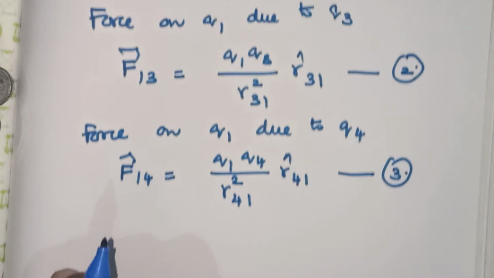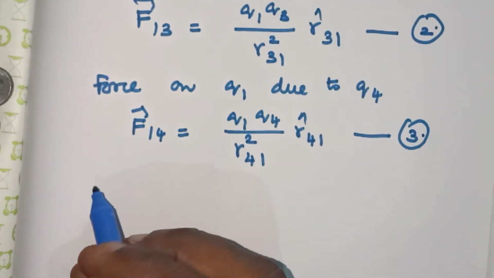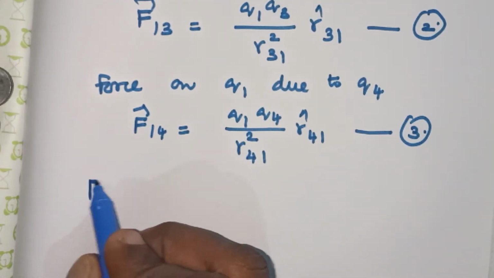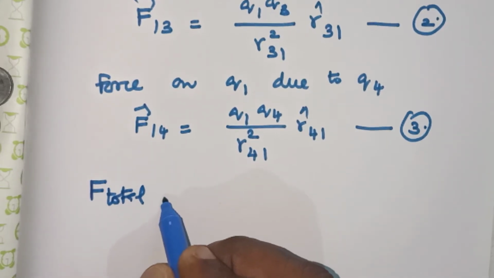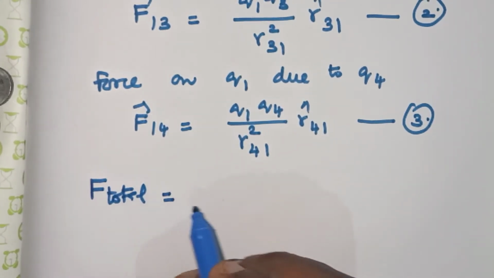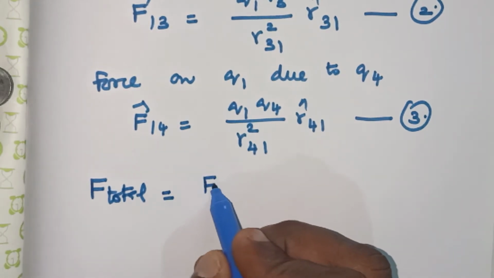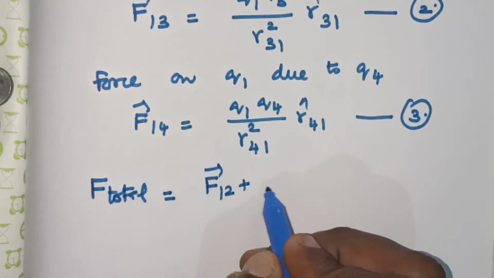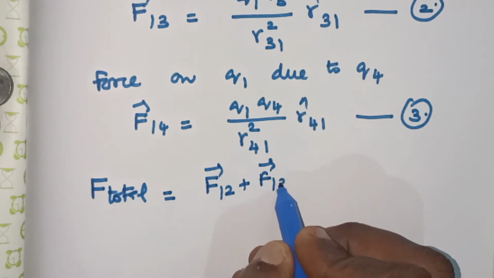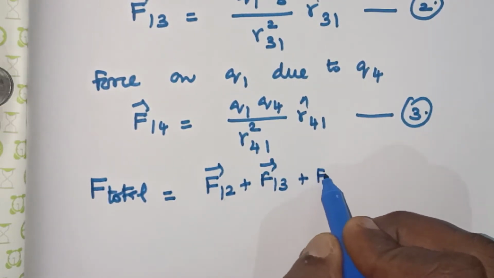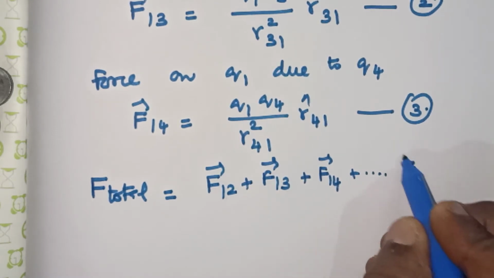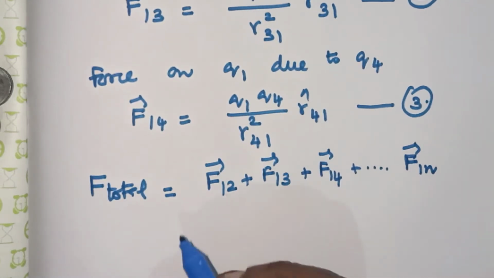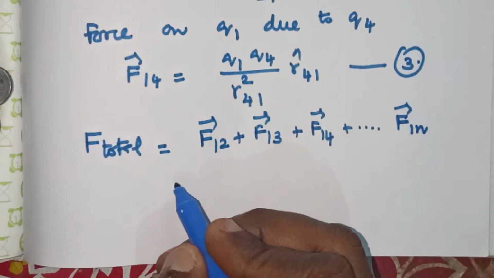So we can write F total equals F vector 12 plus F vector 13 plus F vector 14 plus etc. F vector 1n. So I am substituting